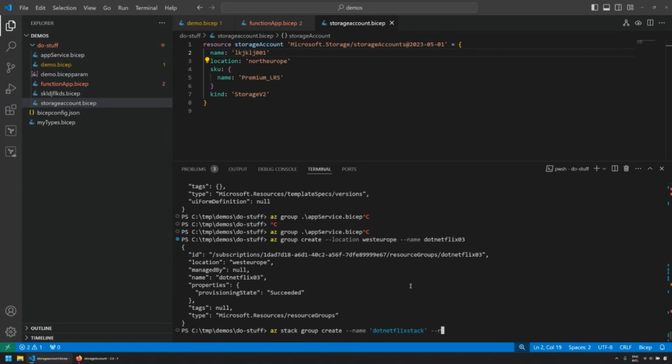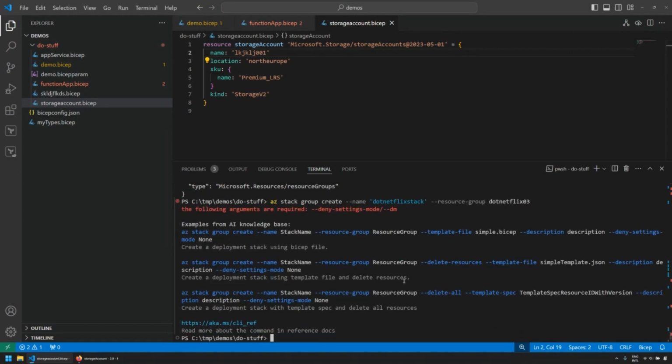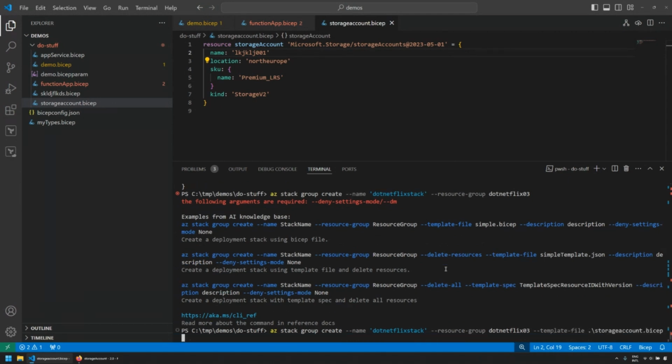And then I'm going to deploy it to a resource group called dotnetFlix03. Of course, I need to add my template file, and that is called storageaccount.bicep.